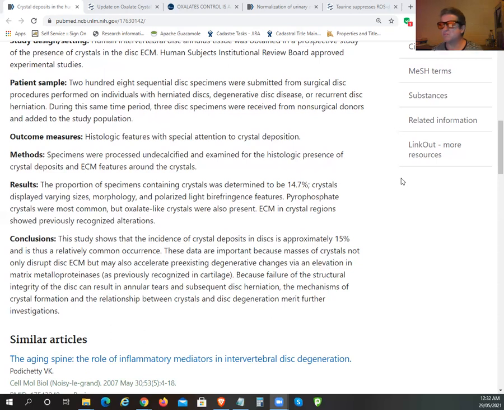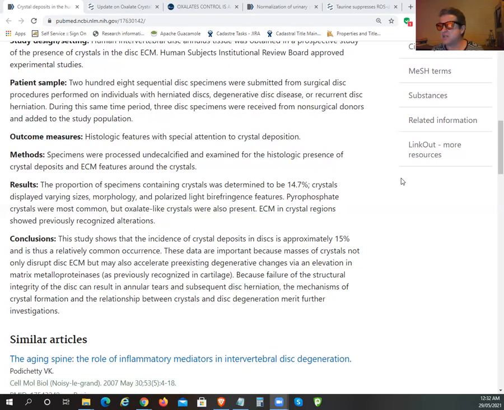Which is the sort of collagenous, well, all bone is sort of collagenous with mineralization. So that's the tissue they're talking about, and they're finding crystals, quite a few of these oxalate crystals embedding in it. So before we had information about joints, but here they're actually finding them in discs. So very interesting, but